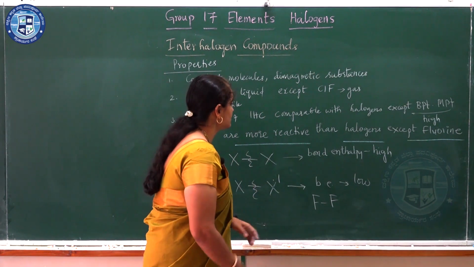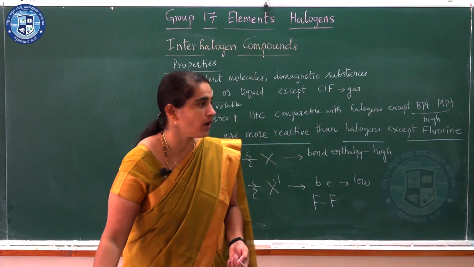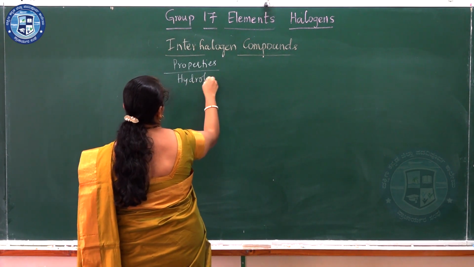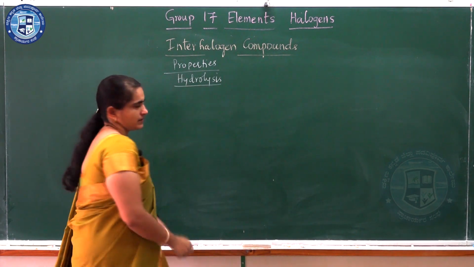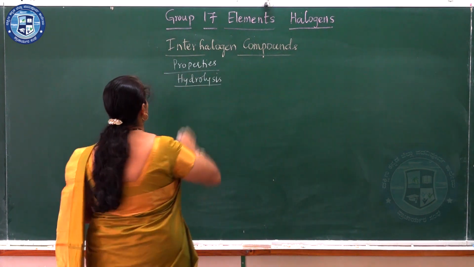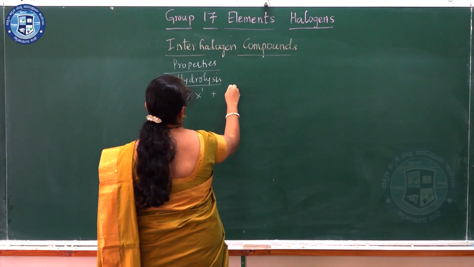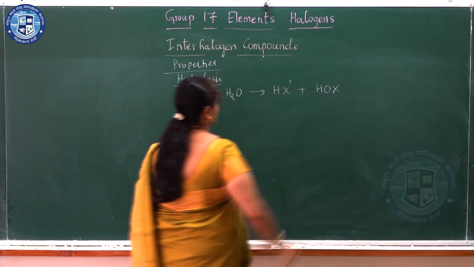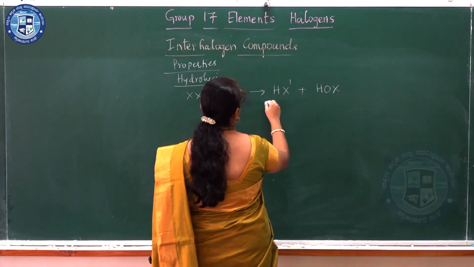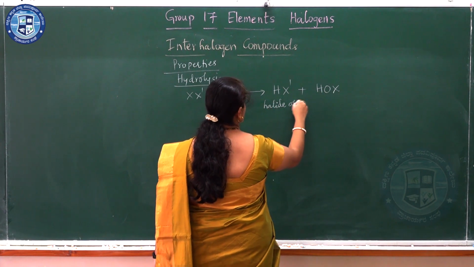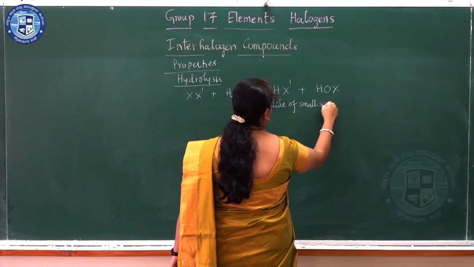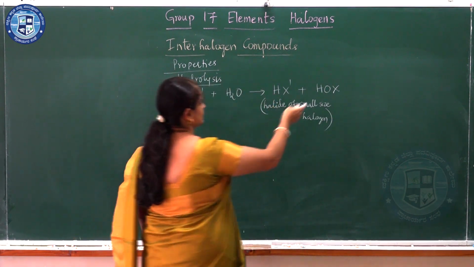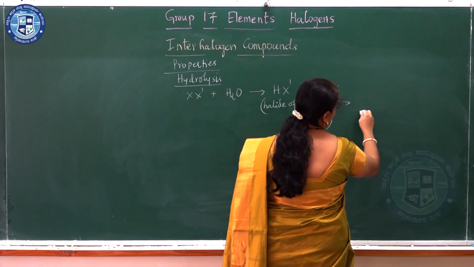Then one more reaction given to you is the reaction with water, which I will tell you now. The last set of reactions is with water, that is, they all undergo hydrolysis with the water, ending with different products. If I just take a simple one, if I have XX' and treat it with H2O, I will end up with HX' and HOX. So generally we end up with the halide of the small size halogen, generally HX', and this HOX, which we already know is nothing but